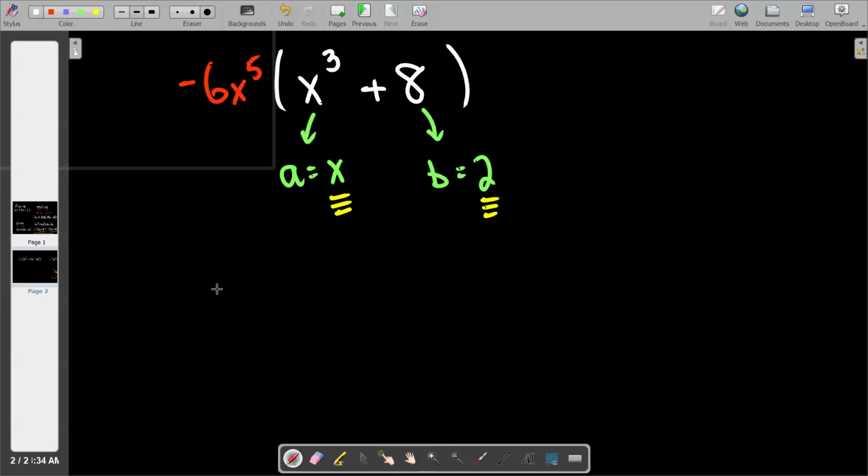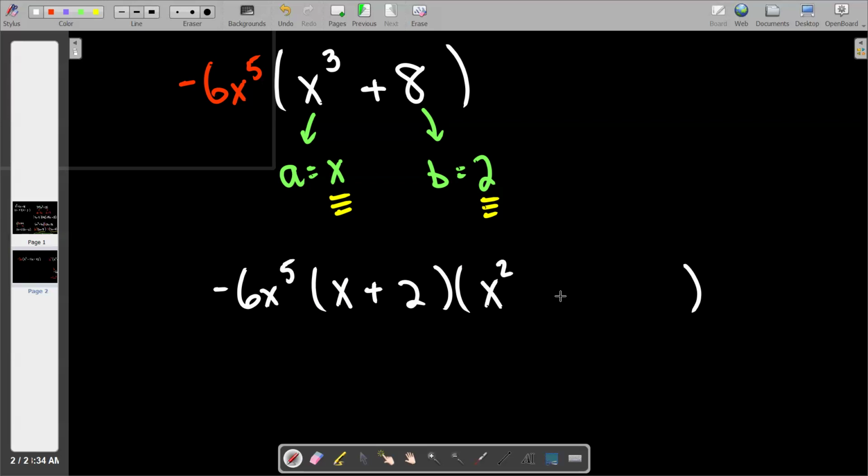So I'm going to start by putting down my GCF. And then I'm going to do a short set, and I'm going to do a long set. What's my short set going to be? Nice job, Hugo. A plus B, x plus 2. What's my long set going to be? X squared plus 2, minus 2x, plus